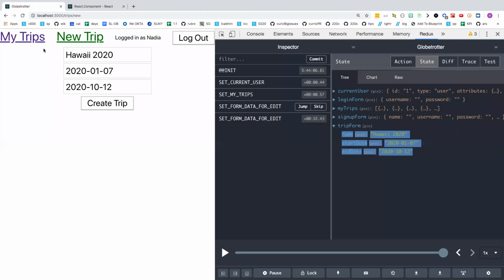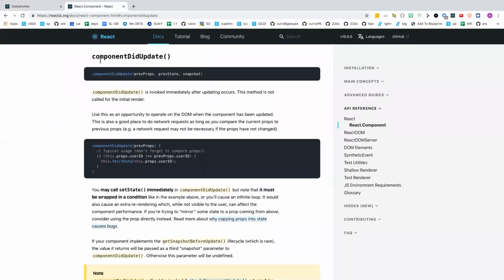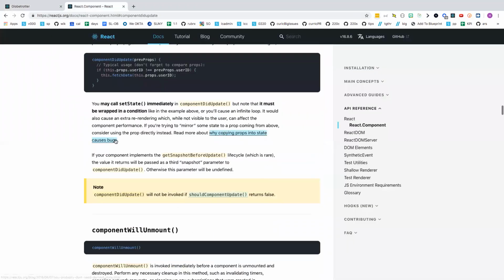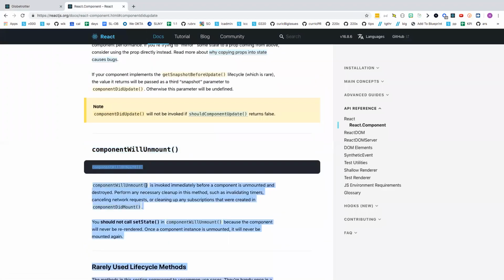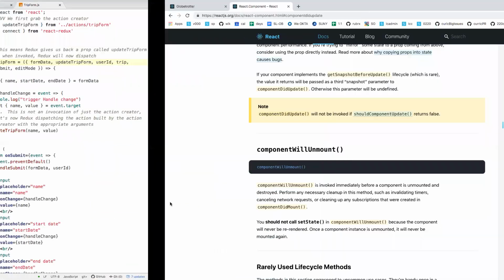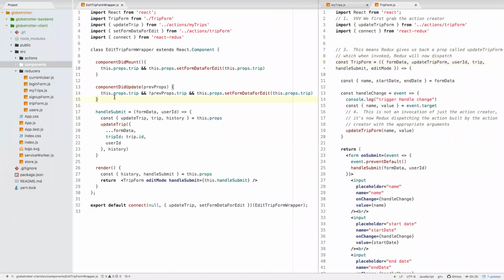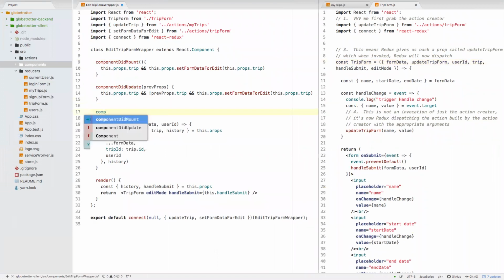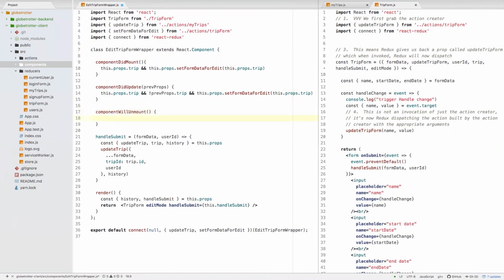And sure enough, there's a lifecycle method for leaving a component or unmounting a component. So what I can look for is componentWillUnmount. And componentWillUnmount is very often used for killing intervals and things like that. But we're going to use it to clear a form. So now I'm going to say componentWillUnmount. And I don't need any arguments. All I need to know is that when this thing unmounts, I want to clear that form. I'm not connected to the clear form